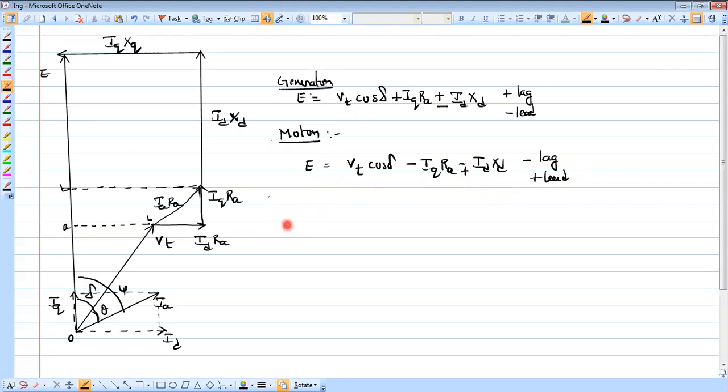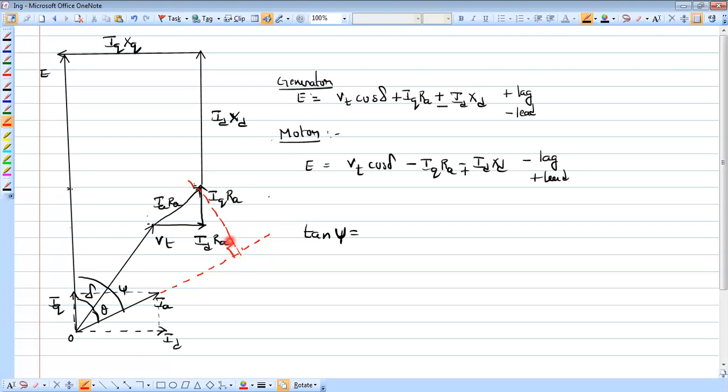And now from this, I also want to make one relation, that is tan psi. I want to make this relation tan psi from this phasor diagram, where we have this angle, the psi angle. To find this tan psi, I need to form a right angle triangle with this angle psi, right? To form a right angle triangle, I am extending this Ia and I am drawing a line perpendicular to this Ia, and it needs to pass through this IaRa, like that.